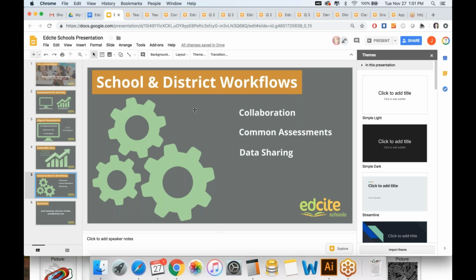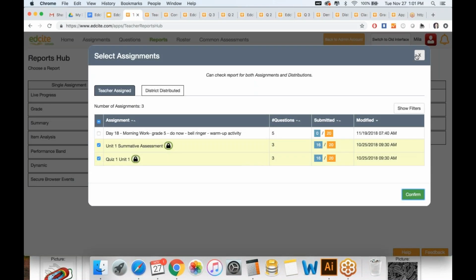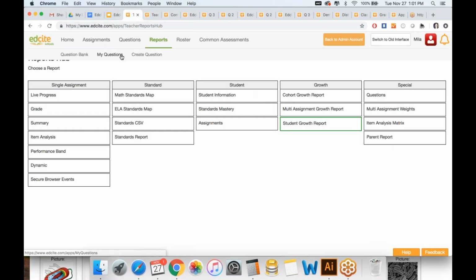We support schools and districts that are less than 500 students or more than 20,000 students. We've worked with lots of different teams and can definitely support the different workflows. In terms of collaboration, all of your teachers are going to have access to My Assignments and My Questions.